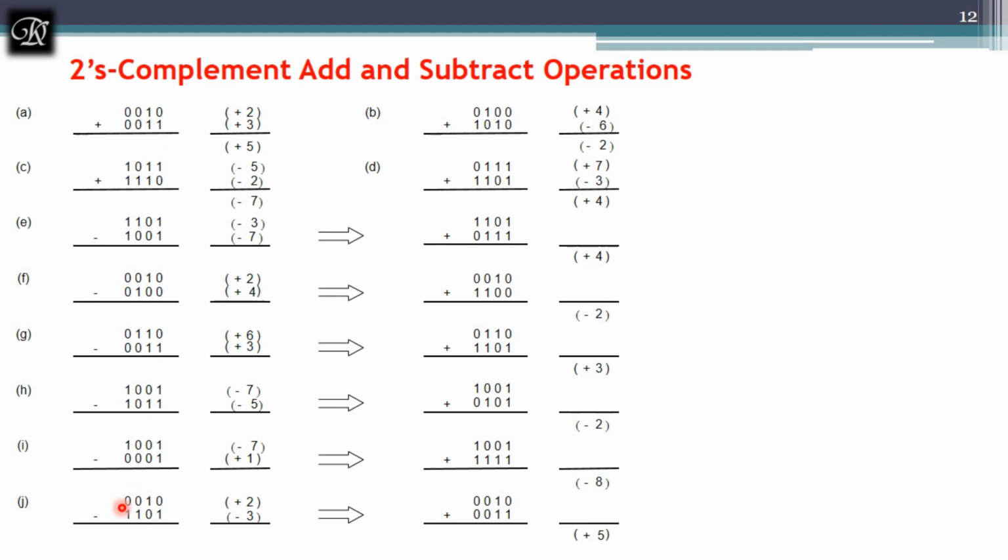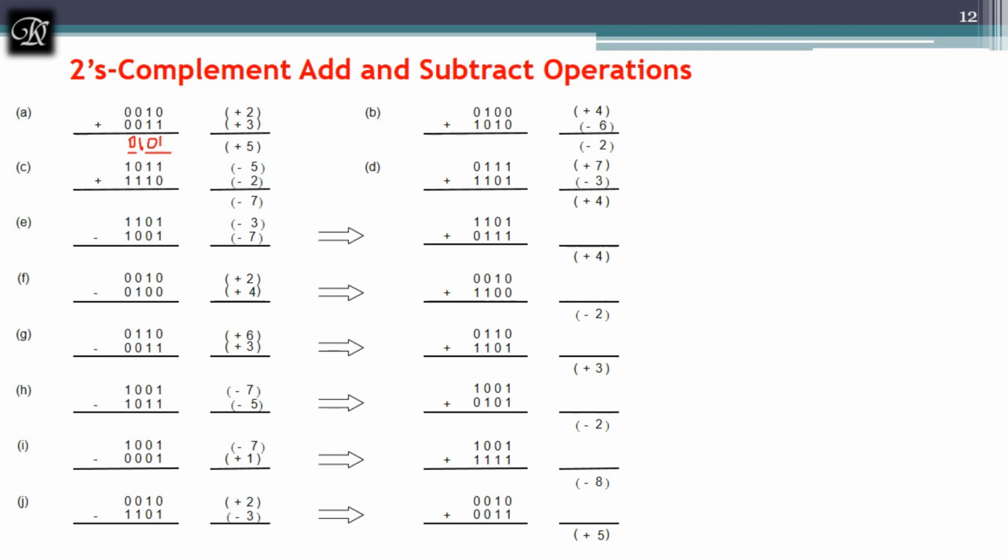So now what is the answer? Let me mark it. The answer of this is 1, and the answer of this is 0, and the answer of this is 1, because 1 and 1 is 0, and the carry is 1, and 0 plus carry is 1, and 0 here. Now 1 0 1, this is positive 5. Yes, the sign is 1 and this is positive.